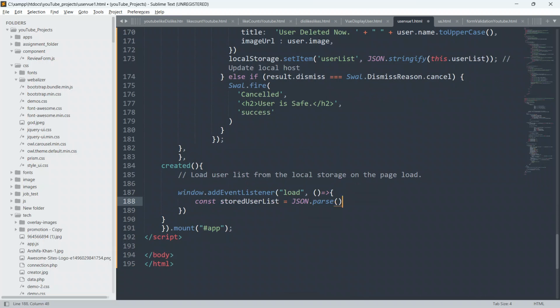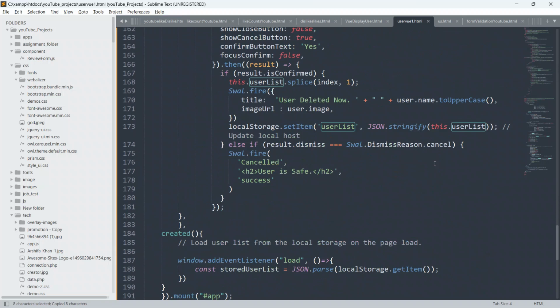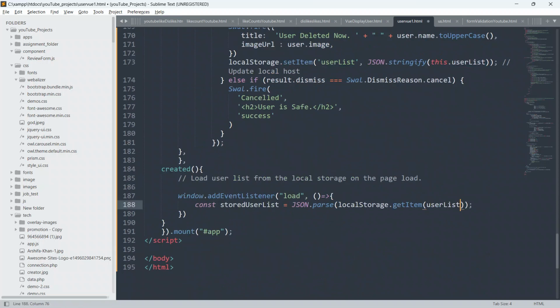So I will say localStorage.getItem, and I will pass this key as a parameter. Which key? This key, always. This is the key. Pass this key here, and we will also say or, we will just store the empty array.